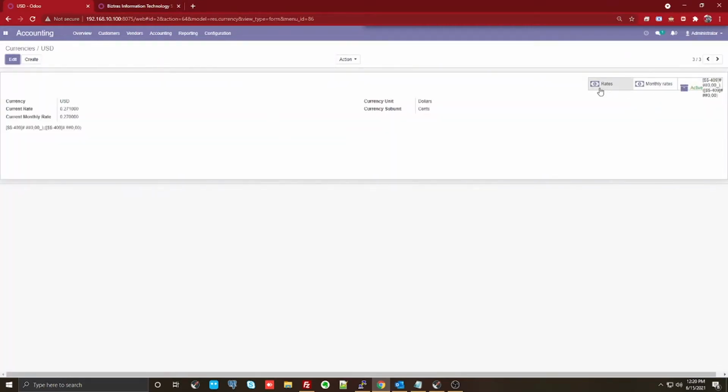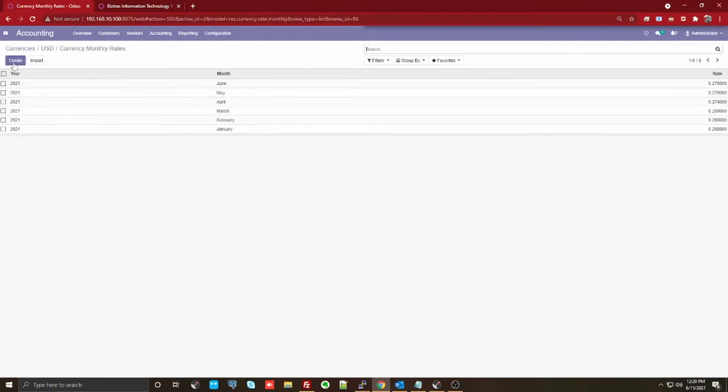Within a month, you might not update it twice or thrice, just like your currency variation. But your monthly rate is updated one time, and this is the value you would use for all your monthly unrealized currency conversion gain or loss.